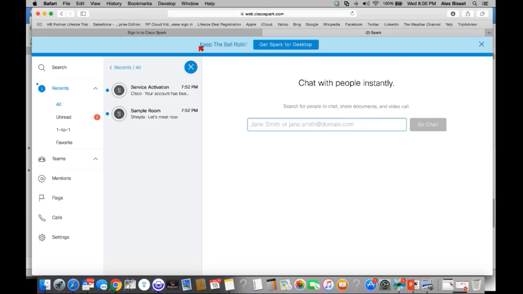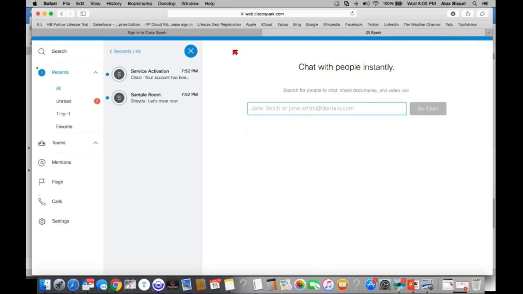You'll see at the top of Spark, if this is your first time in, you can download the Spark desktop app if you'd like. That's very handy to have. It'll give you a full software application experience with Spark. But more importantly, now that we know we've logged into Spark for the first time, I'm going to show you how to log into your new Webex